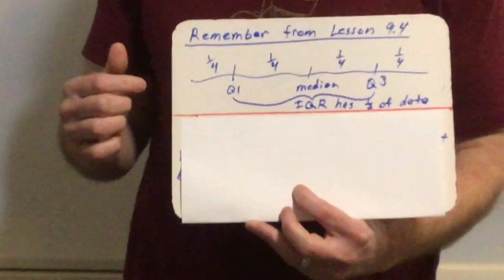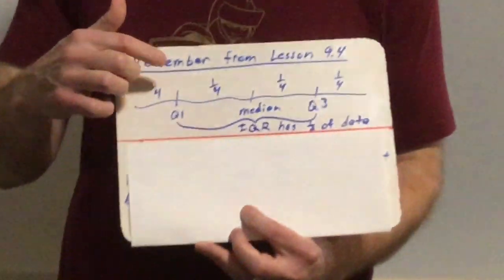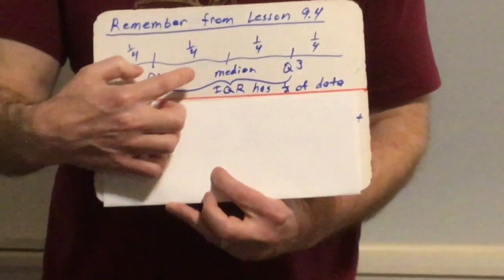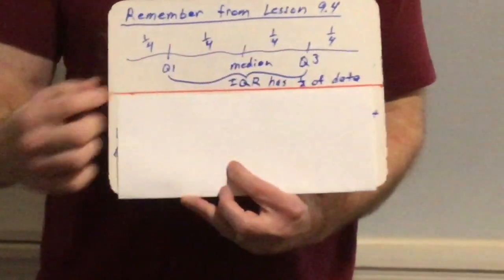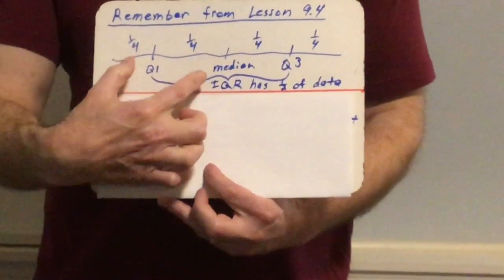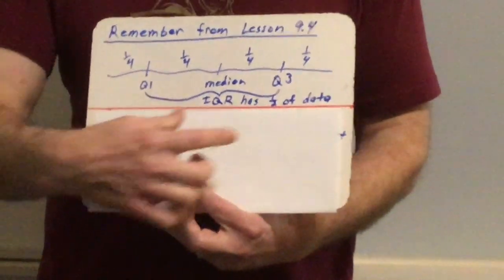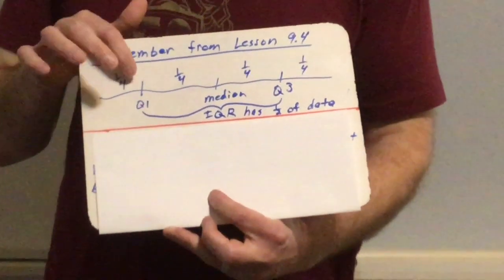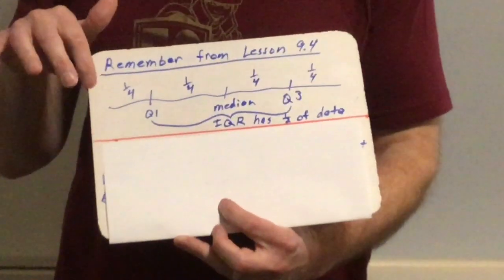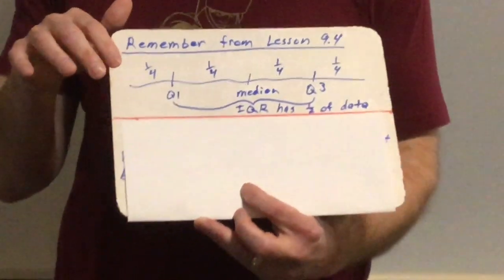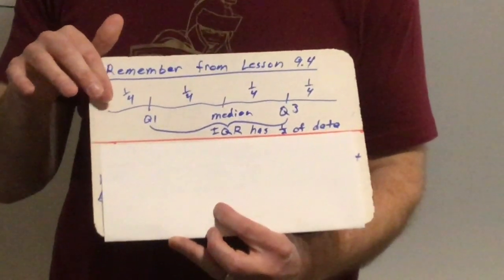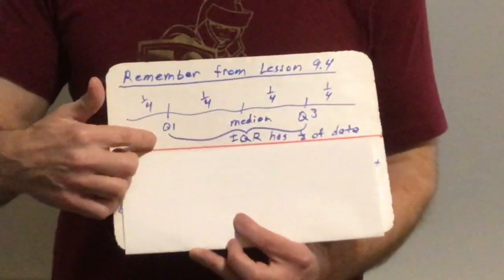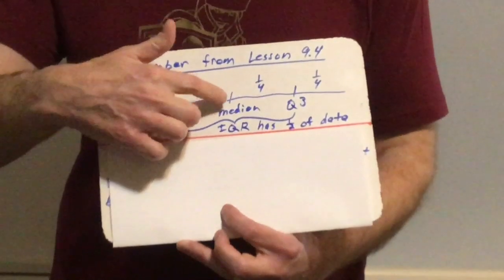And in 9.4, what we learned was that if you find the median of the entire list of numbers, that breaks your list, your data set, into a lower half and an upper half. And then when you find the median of the lower half, that is your quartile 1. And when you find the median of the upper half, that is your quartile 3. So we learned how to do exactly this in lesson 9.4 before school let out. So there are 3 of your 5 numbers that you need: quartile 1, quartile 3, and then the overall median